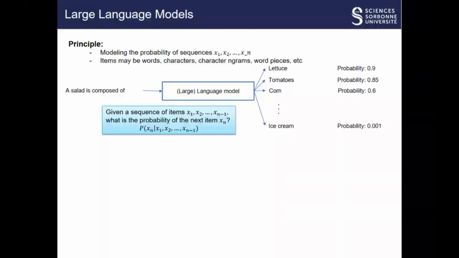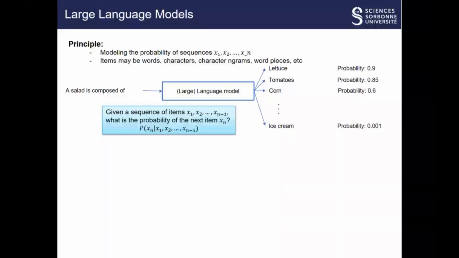So here, just the principle of large language models. The objective is to model the probability of a sequence of something. Something can be words, characters, or tokens. Now we use tokens for a large language model. And you have an example here. I have the beginning of a sentence, and the objective of the large language model is to provide the probability of different tokens or different words to